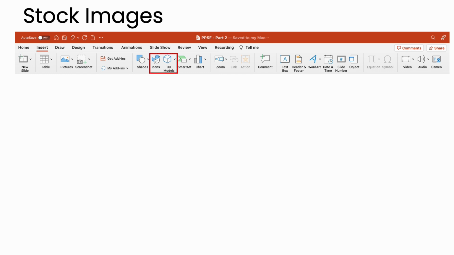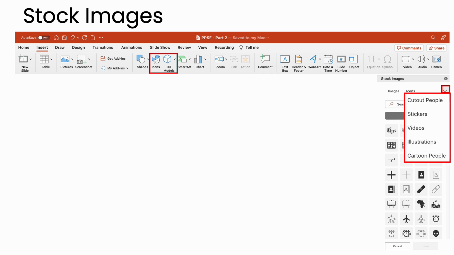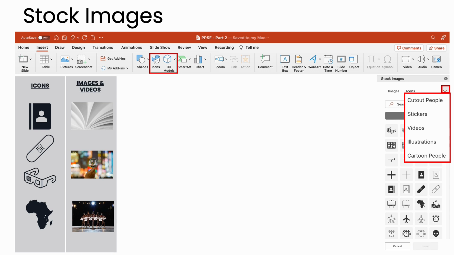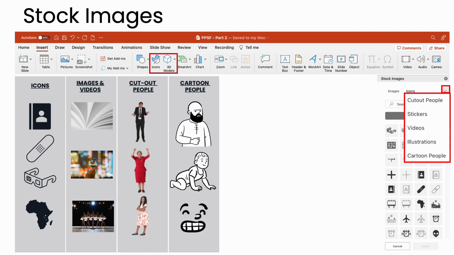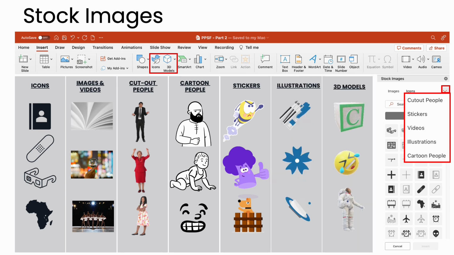PowerPoint boasts an impressive library of images, icons, and 3D models for you to include within your presentation content. It's unlikely you wouldn't be able to find the style of image that would suit the content and presentation you're trying to deliver. There's no excuse for having text-only presentations when you start exploring the number of different things you can insert via the Insert ribbon. I really encourage you to explore all the different options available and work out where you can include these in your backgrounds or shapes. And when you start thinking about these from an animation perspective as well,